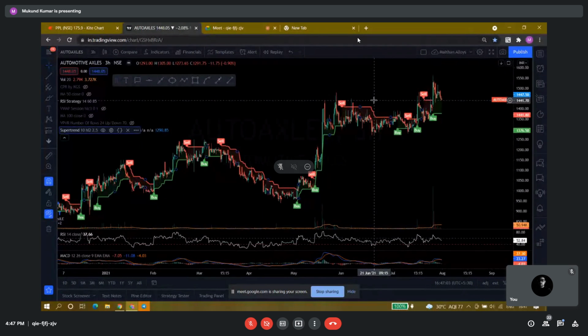Okay. For chart analysis, would you suggest a time frame? Will it be better if we look at a 1 day or a weekly chart for positional and swing? You go with the weekly and monthly chart. Cup and handle formation on the weekly and monthly chart is the best chart I would suggest. If you see a cup and handle formation on weekly and monthly charts, that is the best thing you can have in your portfolio. They can obviously give you wonders.